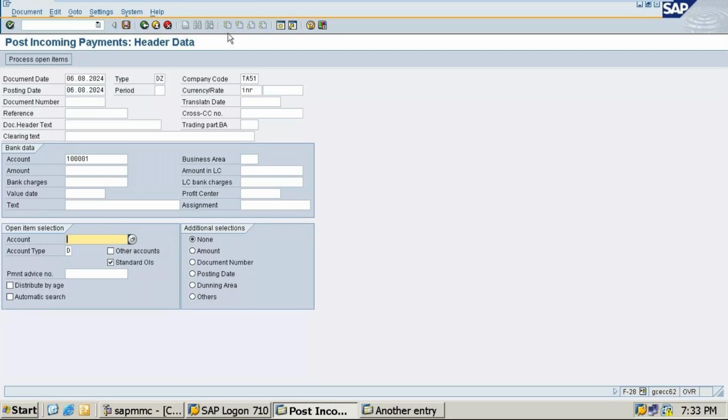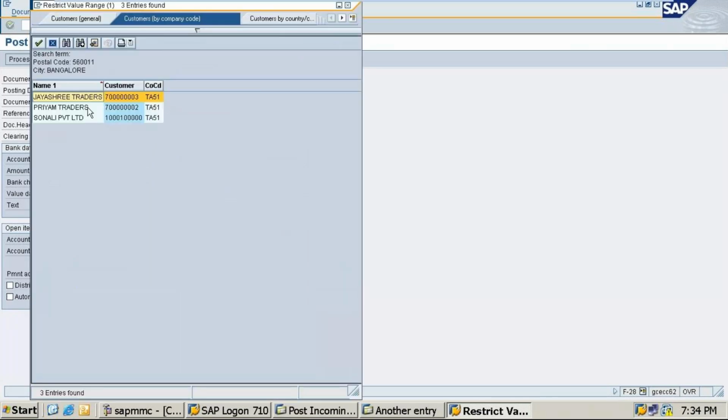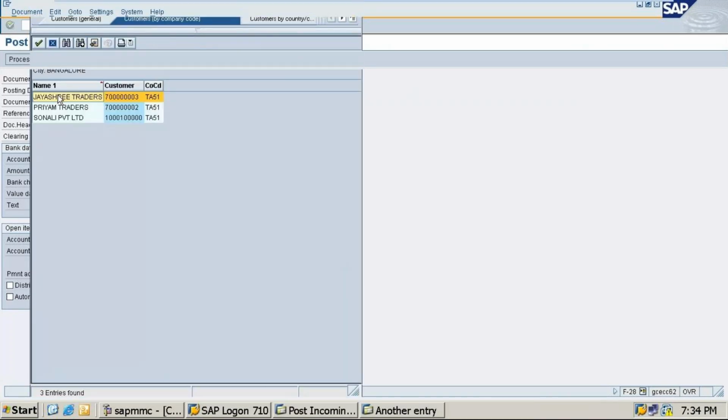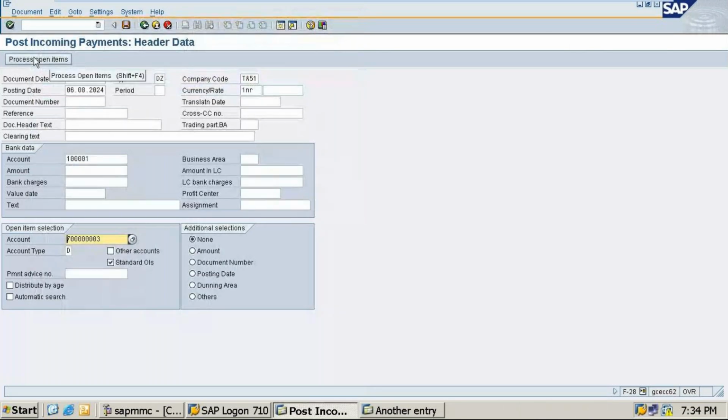Ma'am, after typing the account, should we say? This you have done, Pavitra, open item selection. Yes, ma'am. Here you have to select like this. Suppose this is the traders. Okay, so you select, then click on process open items, and see, one more screen will come.